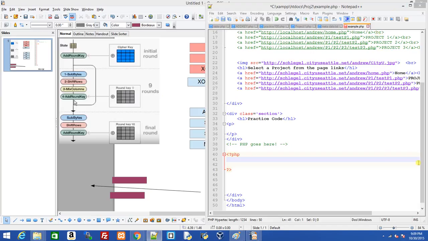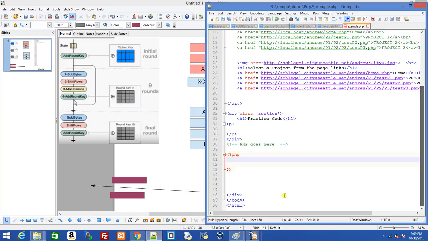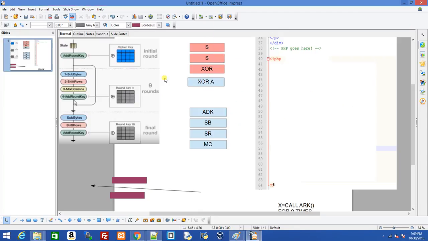Okay, so basically here's our code from project 1, and then the PHP goes in here. So let's just zoom into that PHP area, and then this is generally an image of what your web page should look like, something like this. Not exactly, but